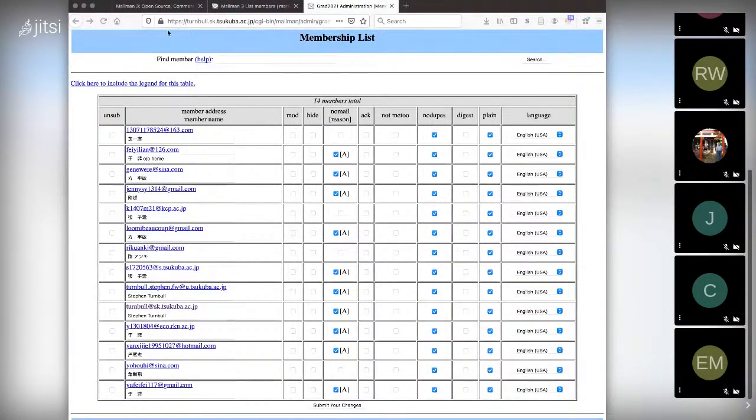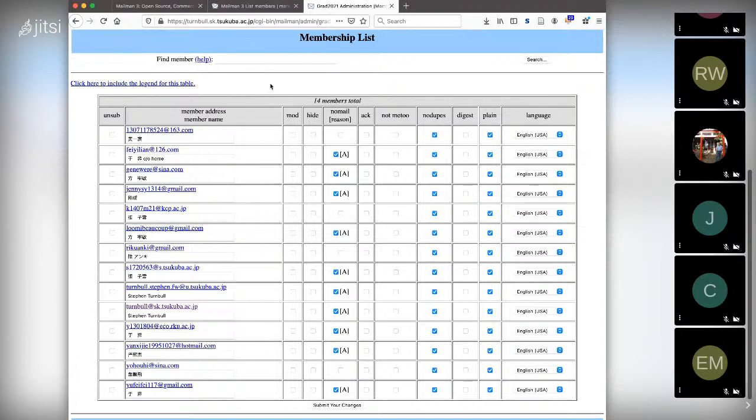Okay, so this is the traditional list administrator's view of the membership list. And as you can see, you have the members' addresses, a name for the members. We don't use the name very much, but you could, in theory, build this out into a profile for the user, although for various reasons we didn't do that.